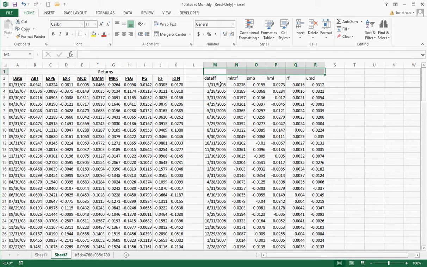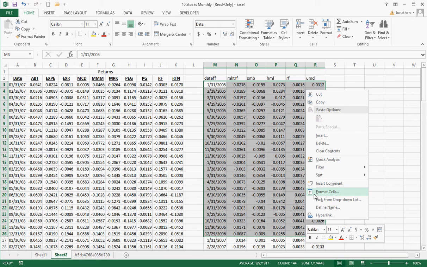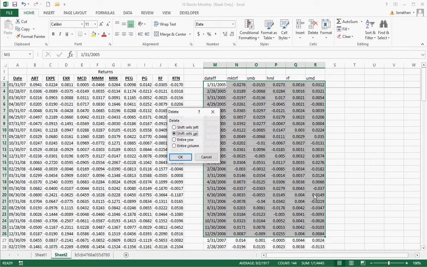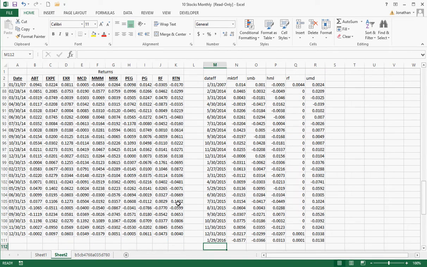I want to make sure the dates line up, and they don't, so I need to get rid of this. The best way to do this is Control minus, and this will shift the cells up. And I just check the dates, and the dates all line up except this last one. That doesn't line up, so I'm going to get rid of that. So clear the contents, Control up,